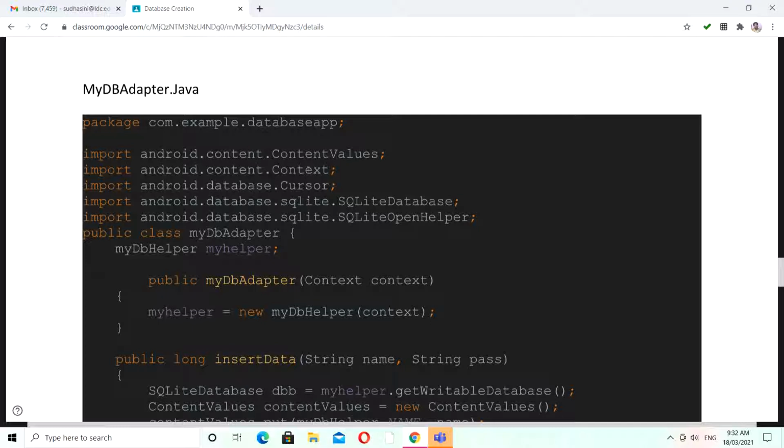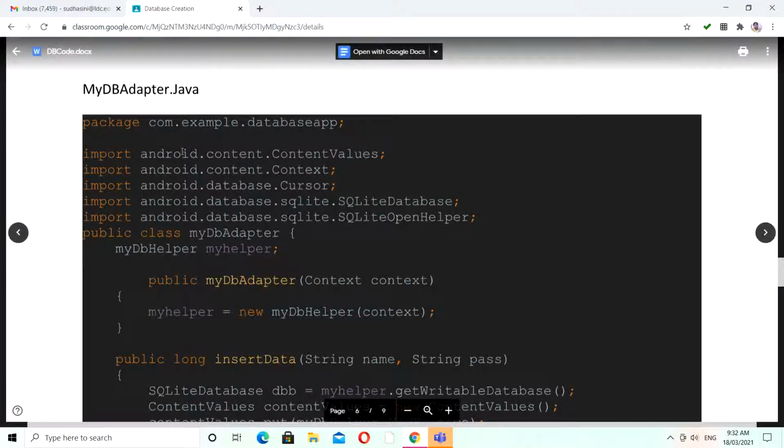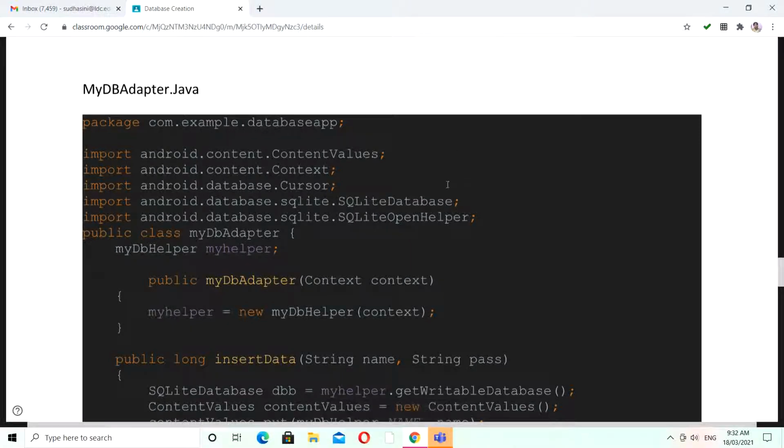Okay, the Context, which we have seen, represents the present situation of your entire activity. And then we are importing the Cursor. A cursor is a pointer, we can say. For example, here I have a mouse, and this mouse has a cursor, using which I can pinpoint a particular statement, I can highlight this statement.